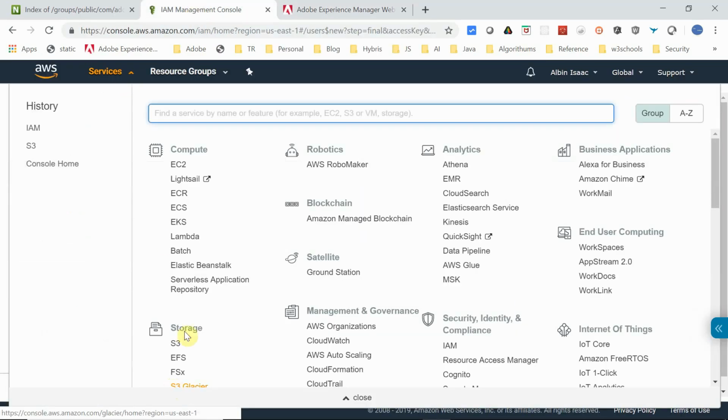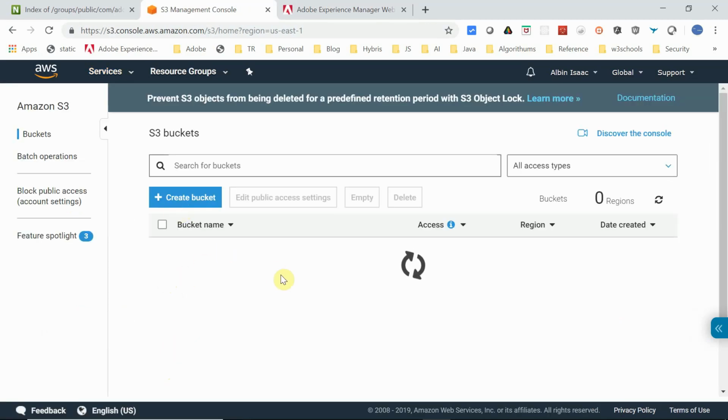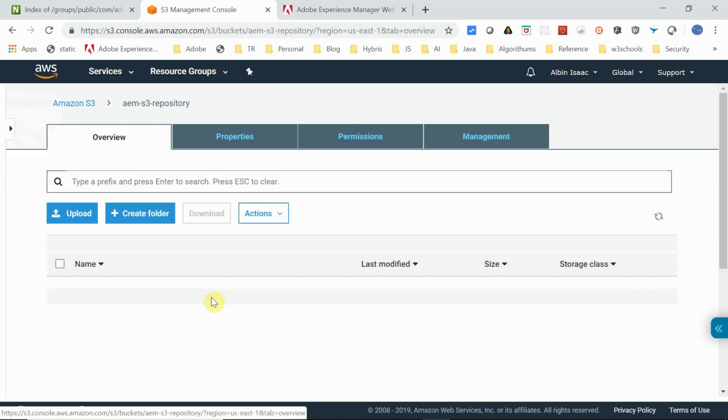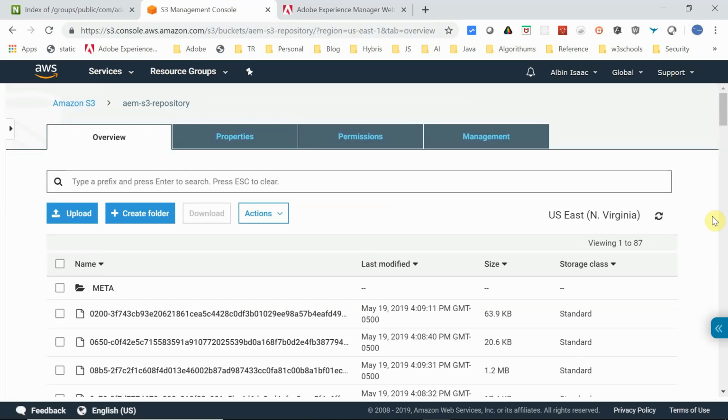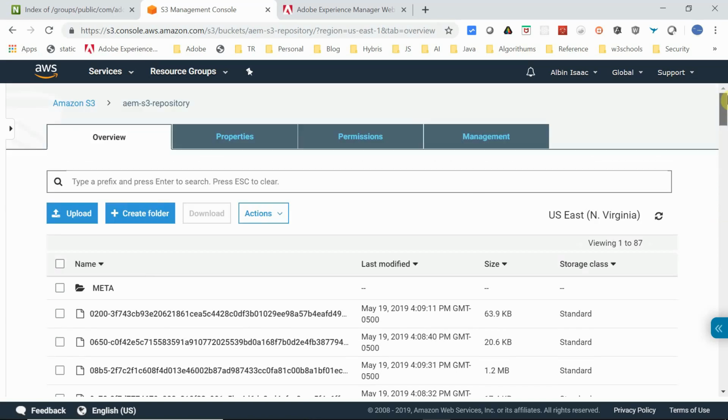Go to S3. Let me go inside my bucket. See here, it's getting uploaded now, it's at 87. It will go to around 2500 plus objects.